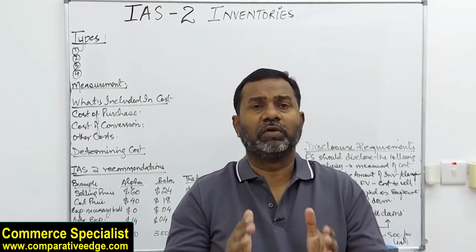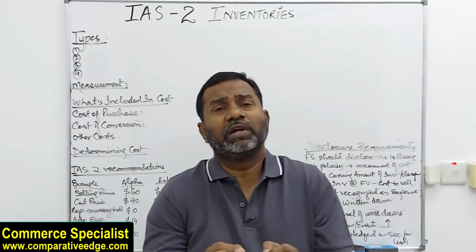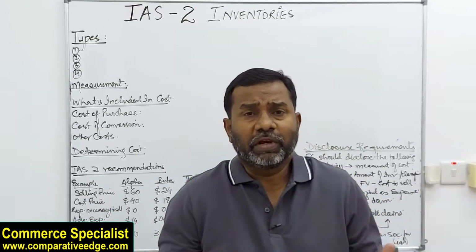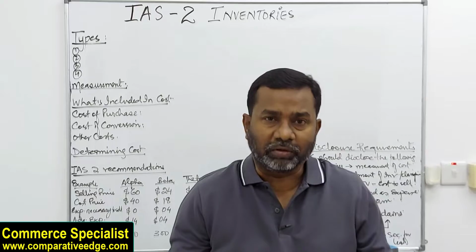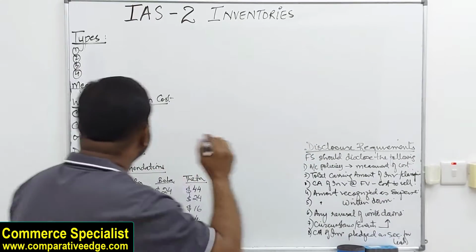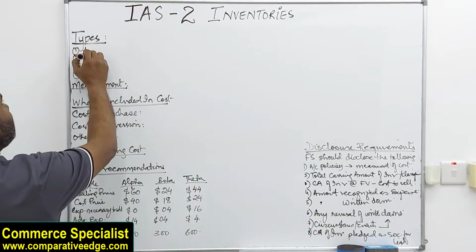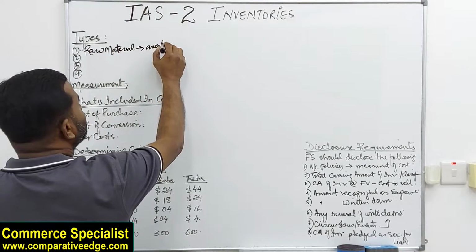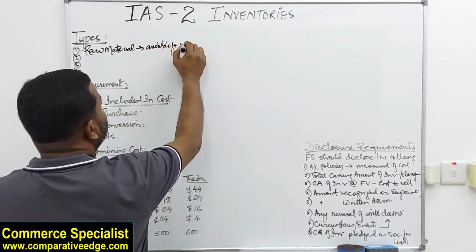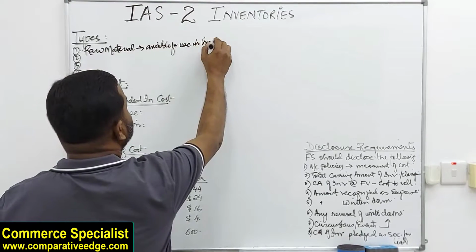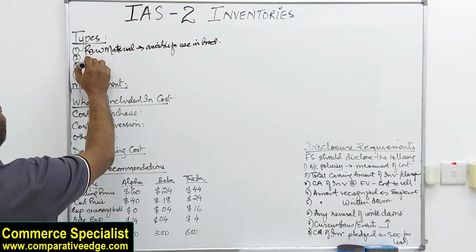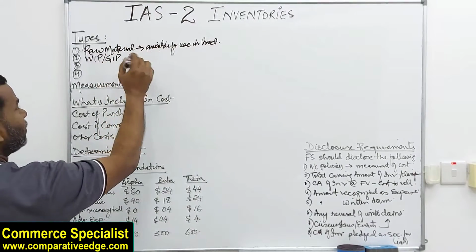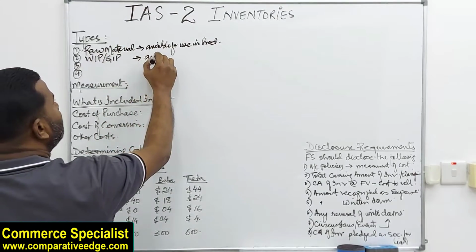So IAS 2 covers inventories. Here we need to understand what is meant by inventory. My definition of inventory is something which is available. For example, we have different types of inventory. If I say inventory of raw material, that means it is available for use in production. If I say inventory of work in progress, WIP or goods in process, that means it's available